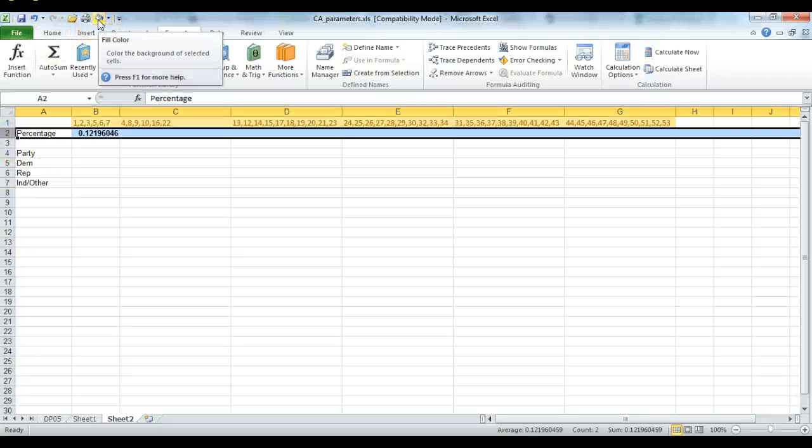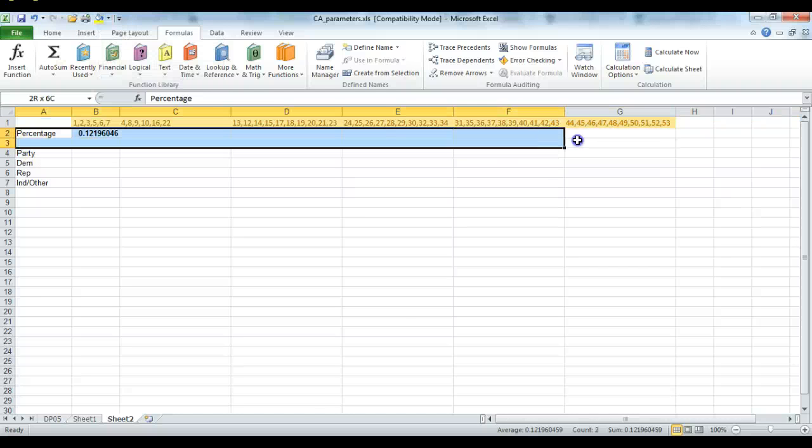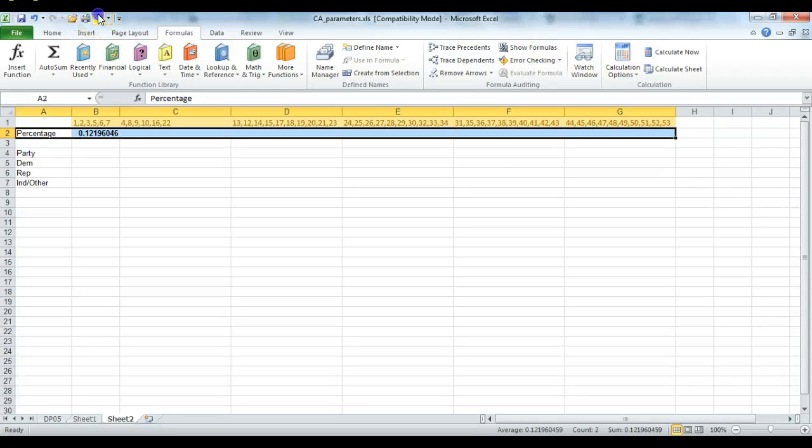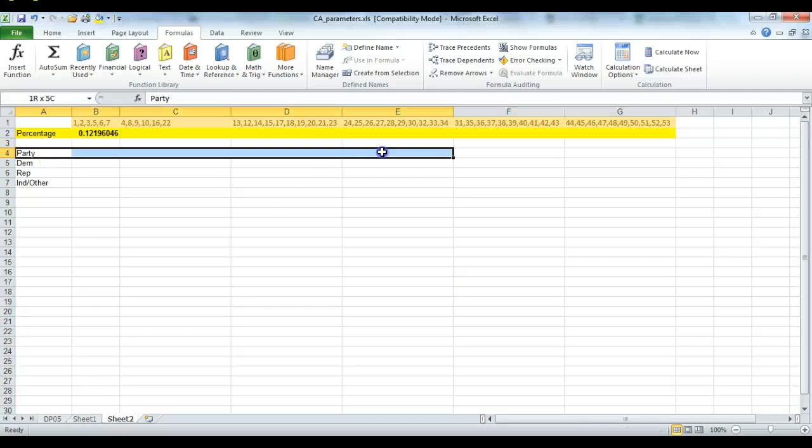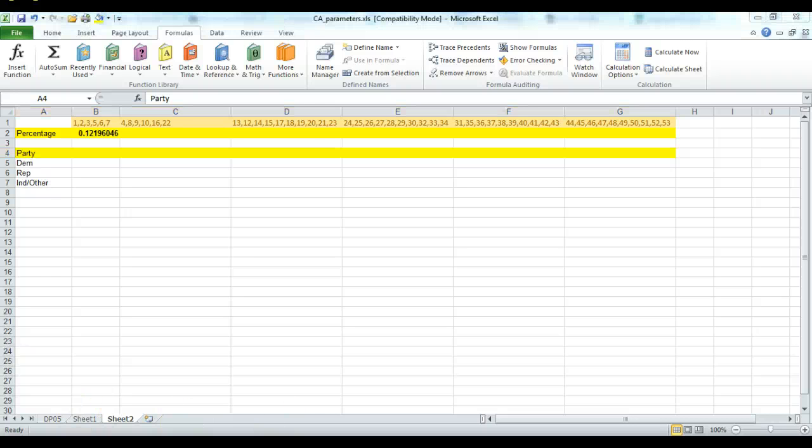And if you just highlight this, and then we'll just highlight the cells. It's always nice to break up the data so it's easier to read. So we'll just put a little yellow line across as we do this. And now you will go over to